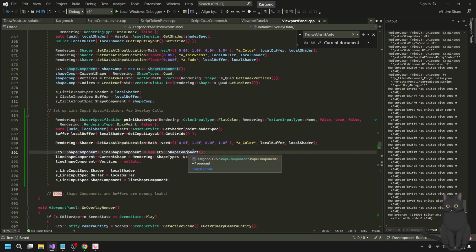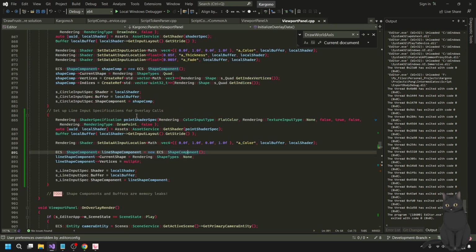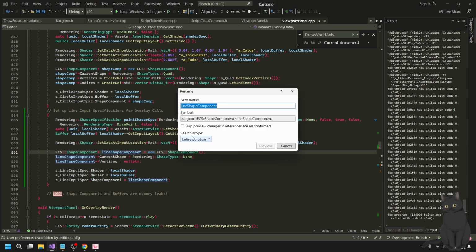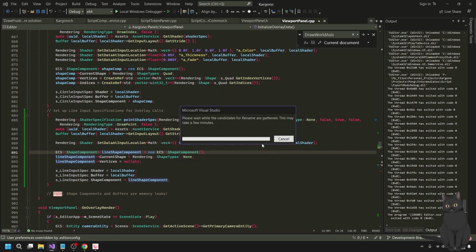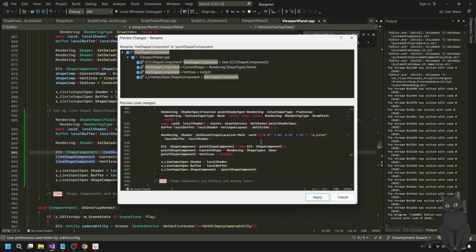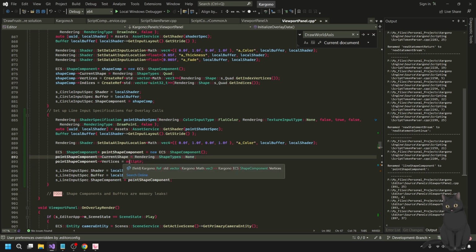Line shape components. Point shape components. Actually not sure what's going on here, but hopefully it still works. Current shape is equal to none, which is fine.